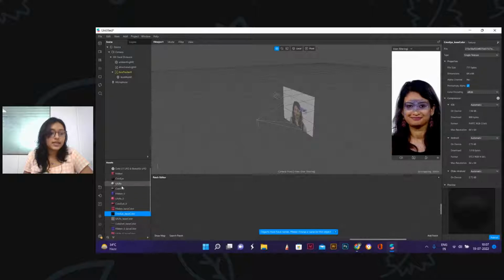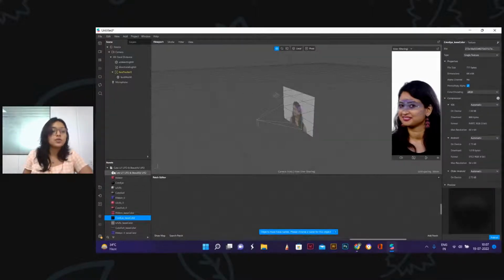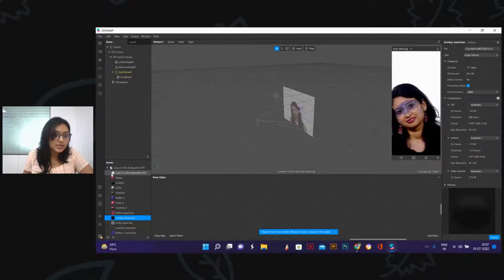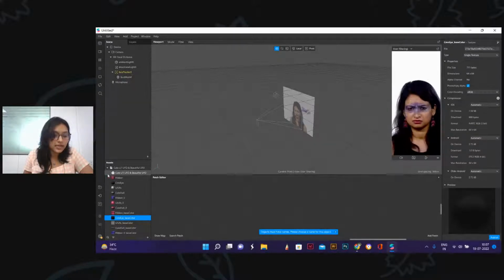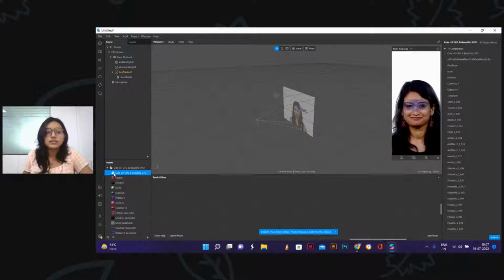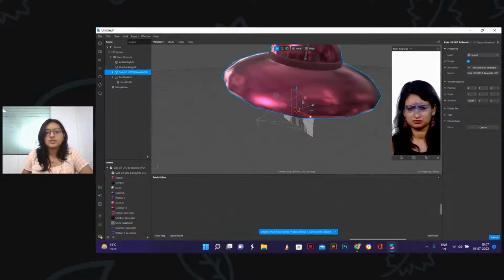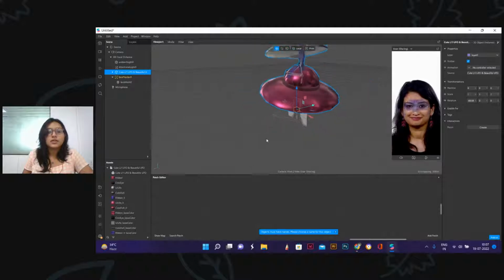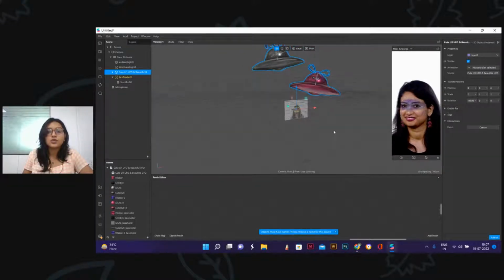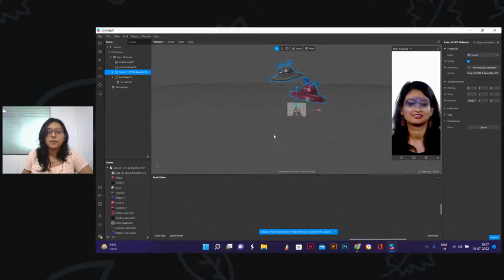But what we exactly need is the 3D model. And how do we get that 3D model? So you see this little cube beside the text. This is where exactly the 3D model is. So what we do is we just go and drag it to our scene panel. And when I dragged it to the scene panel, you'll see there's a really huge UFO that has appeared